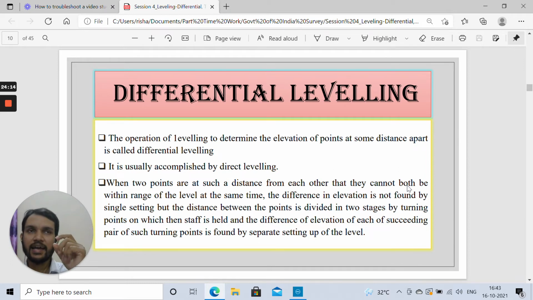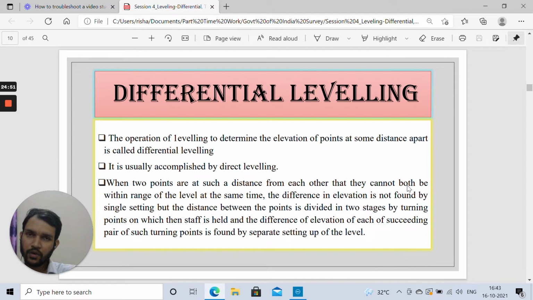That telescope has a crosshair attached to it. Through that horizontal crosshair at the center, the reading that you sight on the leveling staff will be the height of that benchmark station with reference to the ground surface. Its ground surface elevation is known to us, and the leveling staff reading is known to us, so we will get to know at which height the instrument has been sighted, or the height at which we are looking through our telescope. The height of instrument, where it has been installed in the middle station, will be known to us. Once we know that, we can rotate our instrument and try to sight B wherever it is located.